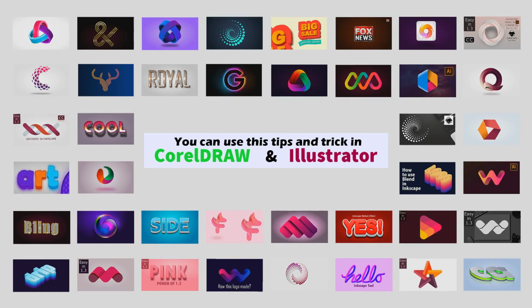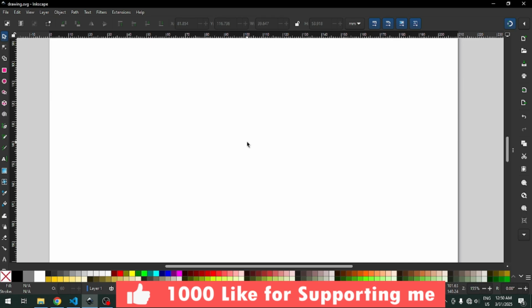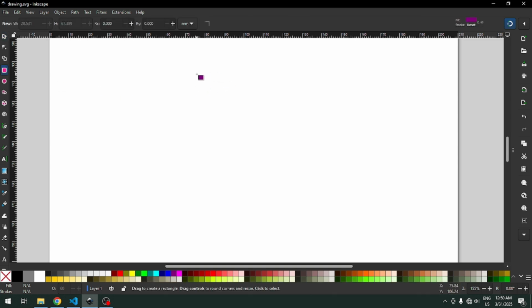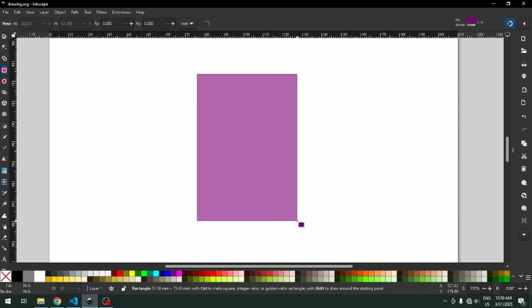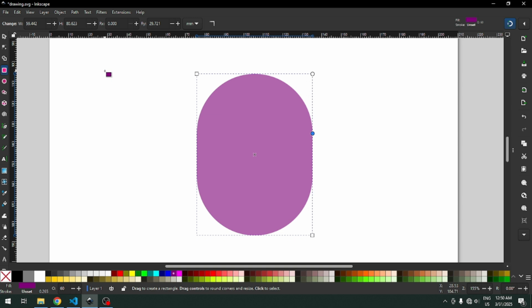I am going to show you how to make a new logo in Inkscape. So guys, let's start. First we have to create a rectangle. Okay, now round the corner of this